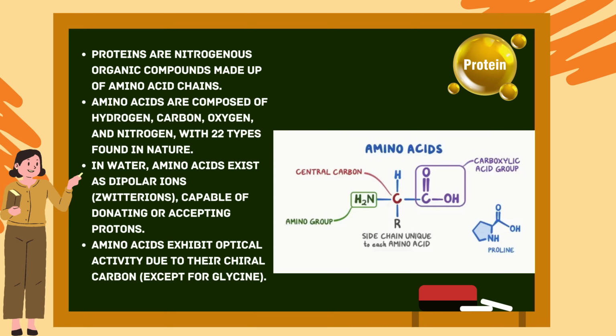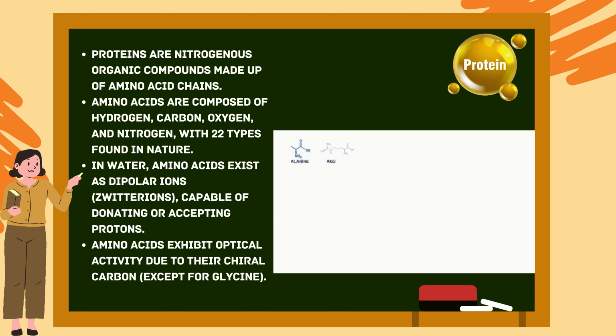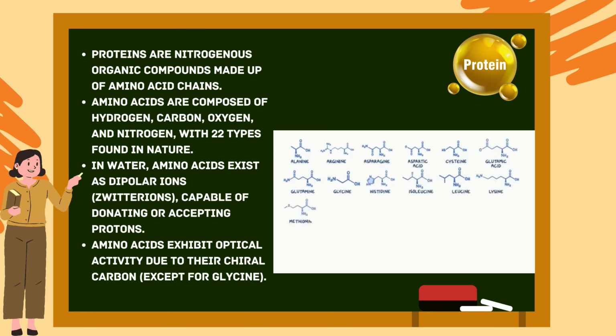every type of protein. They include alanine, arginine, asparagine, aspartic acid, cysteine, glutamic acid, glutamine, glycine, histidine, isoleucine, leucine, lysine, methionine, phenylalanine, proline, serine, threonine, tryptophan, tyrosine, and valine. That's 20. One way to divide them is by defining which ones our body can make and which ones we